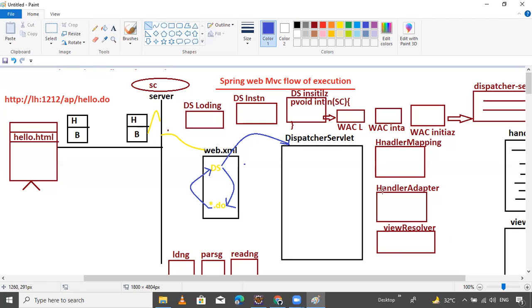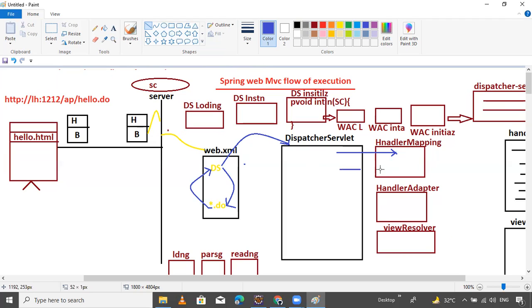In the request scope, the dispatcher servlet first interacts with the handler mapping.